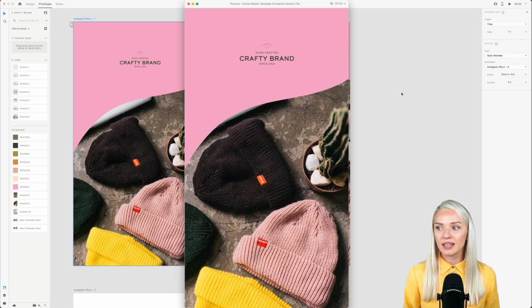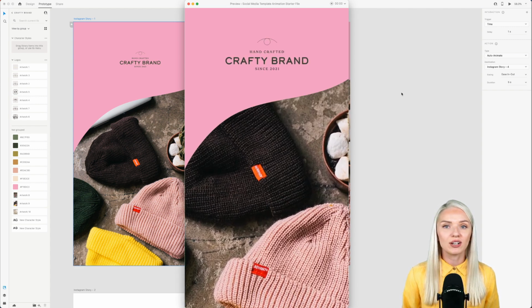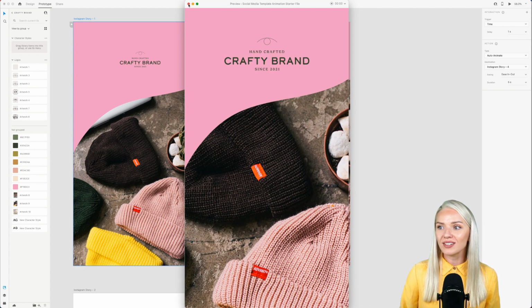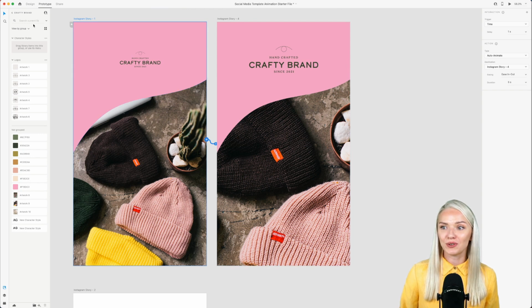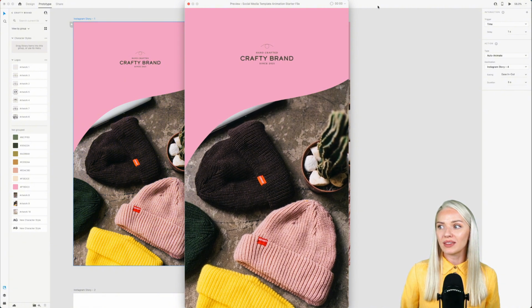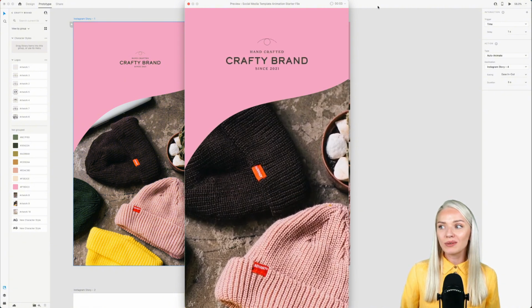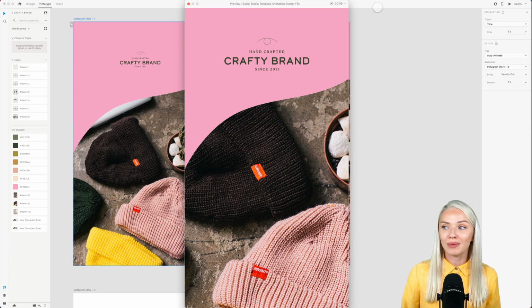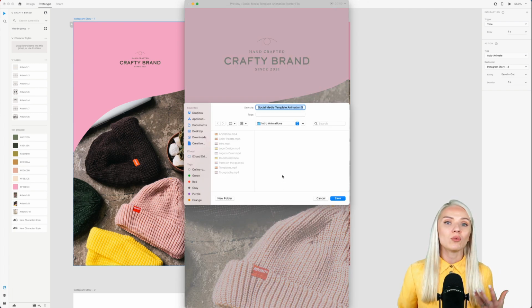Now we can see that our logo and our image are growing together. Awesome. Now let's make this animation useful. I'm going to click preview, but also I'm going to click the record button at the top. Now I'm recording my interaction, I'm recording my animation, and my story length now is 7 seconds, which for the